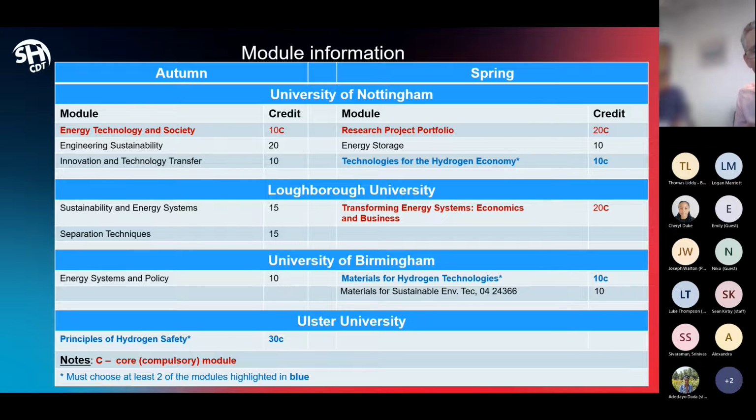There are also flexible core modules, and there are 3 of those. They are in blue on that table there, and you need to take at least 2 of them. If you wish to, you can take all 3, but we're giving you the option to not take one of those, so that it might be because you feel it is less relevant to your PhD project, or that there is another module that you would like to do as an option, so freeing up some credits so that you can